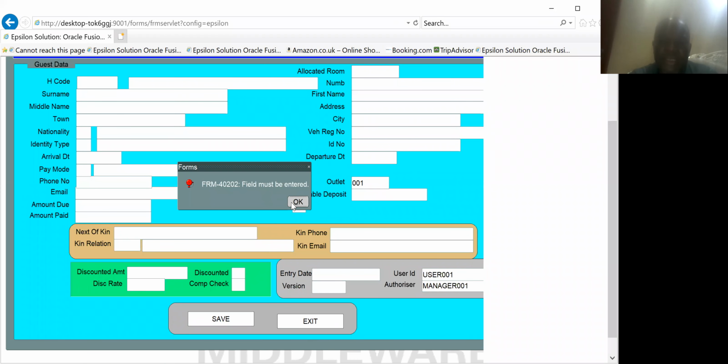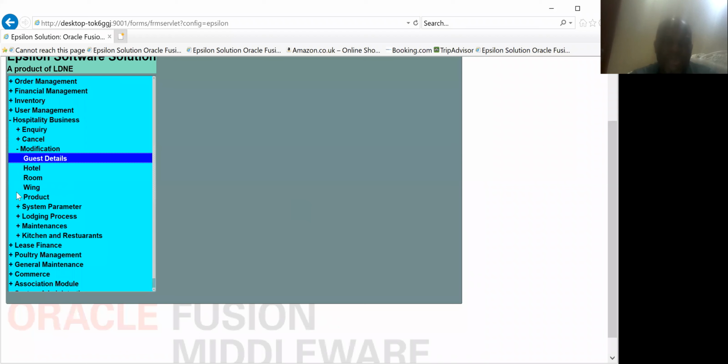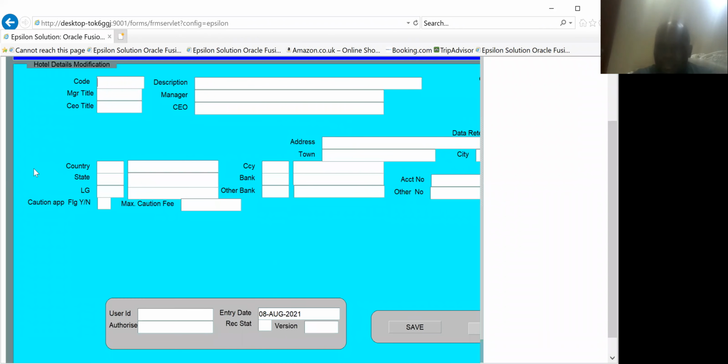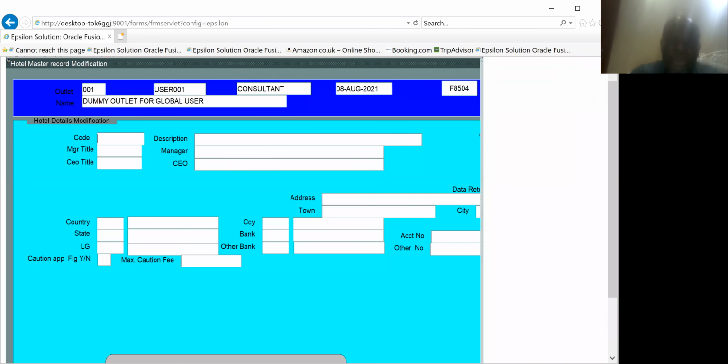Now, leaving the guest and moving to the next one, which is hotel. This is what I call hotel master. Modification of information about the hotel itself is what we do here. Okay, I've been given a code, description, manager title, the manager name, the CEO title, detail, the country of location,